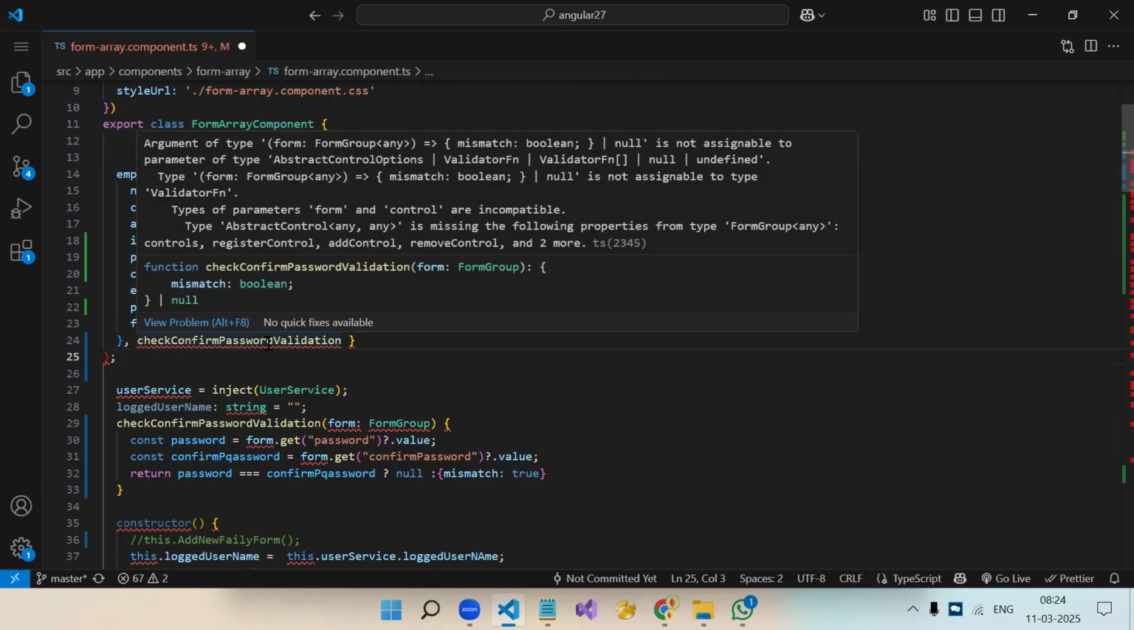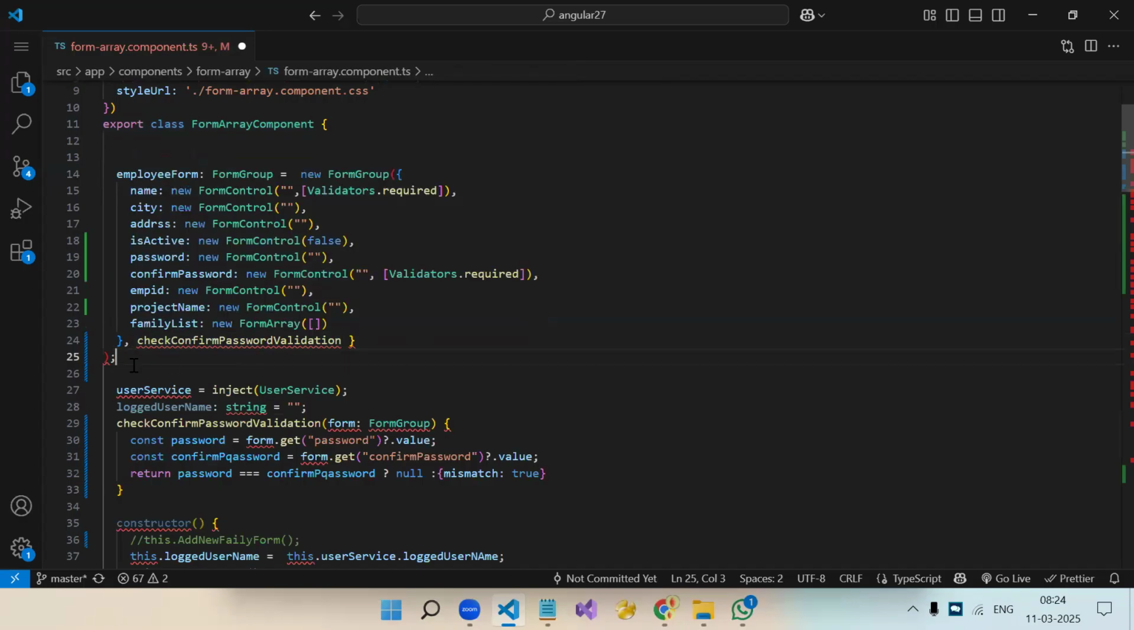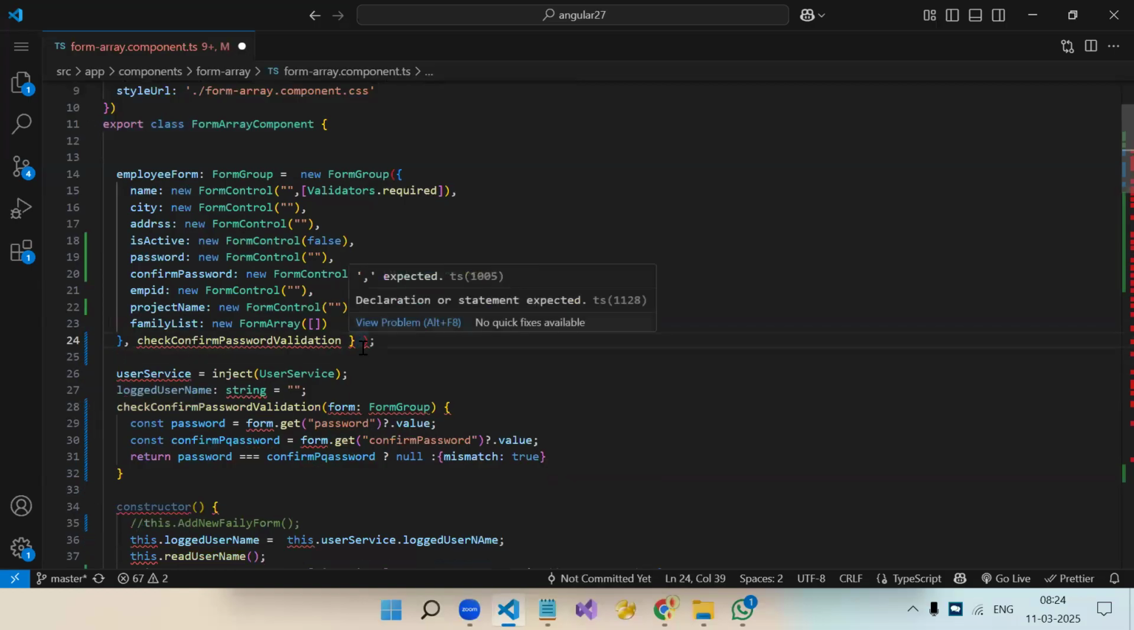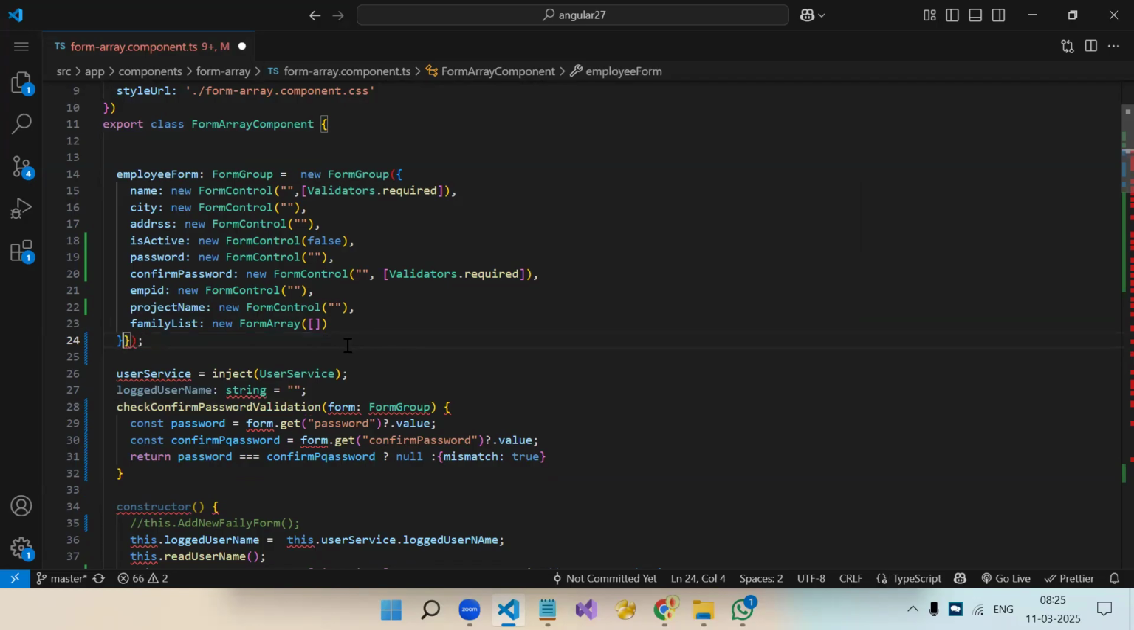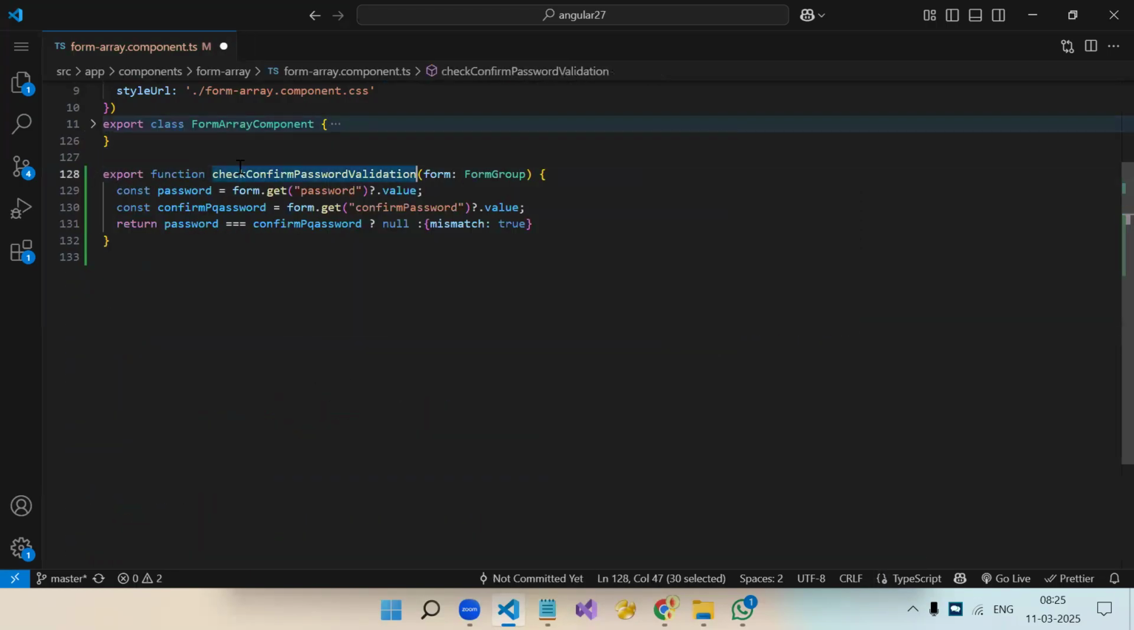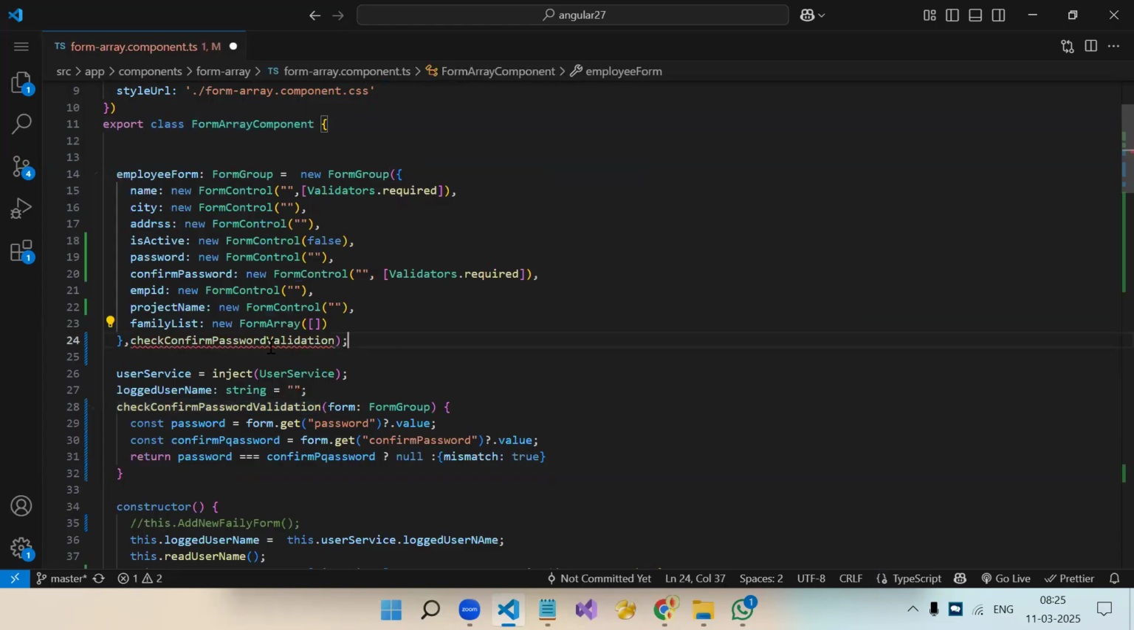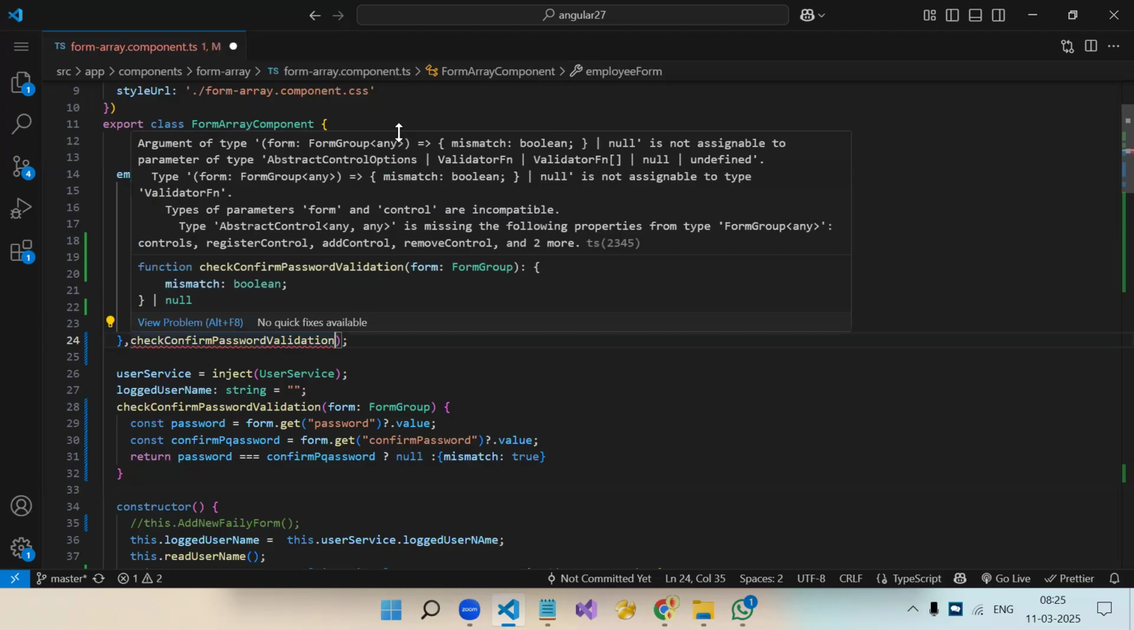अब क्या बोलता है, टाइप पैरामीटर फॉर्म एंड फॉर्म आर इनकम्पेटिबल, abstract control is missing। एक और ब्रैकेट था। स्टिल एरर है, फंक्शन भी नहीं बोल रहा है। अब क्या बोल रहा है, argument of type FormControl mismatch, boolean null is not assignable to type abstract control option validator function।